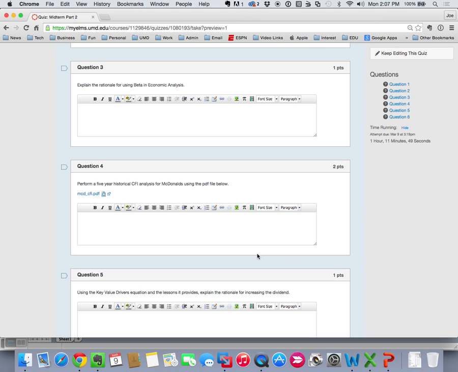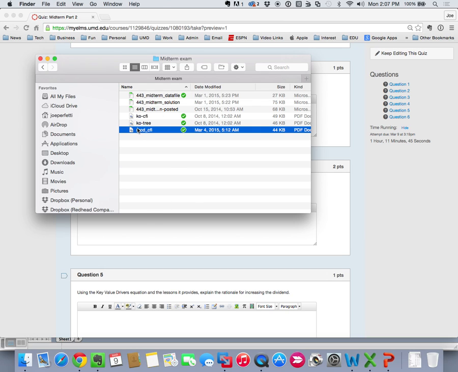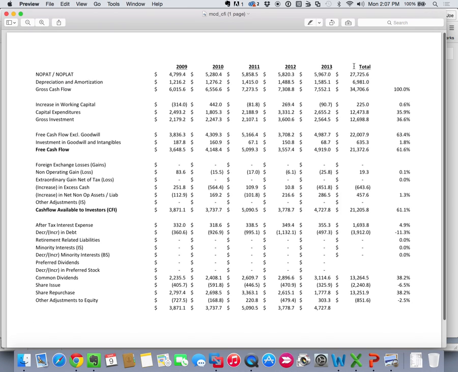Next, 5-year historical CFI of McDonald's. So again, if I pulled up McDonald's, really what matters is you had to talk about the 4 sections of CFI. So specifically gross cash flow, free cash flow and reinvestment rate, the non-operating items, and the debt and equity side of the CFI, right? A minimum talking about the total line.